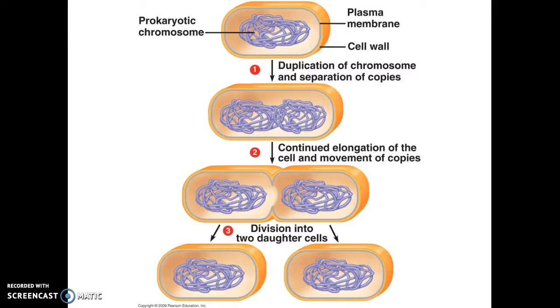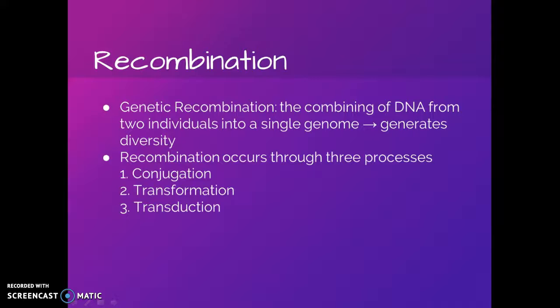But we know that not all bacteria are the same. So how exactly do bacteria end up different? How do they shuffle their genetic information? The answer is through genetic recombination. This is where DNA from 2 individual cells can combine, and this results in a great deal of diversity in bacterial populations. There are 3 different ways that bacteria can recombine their DNA: conjugation,